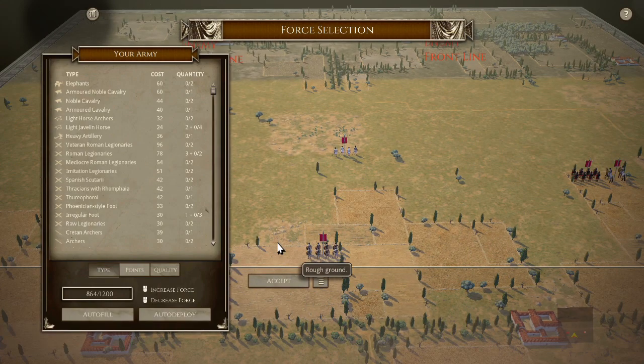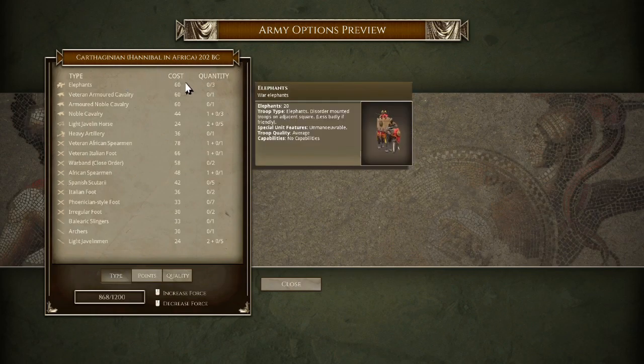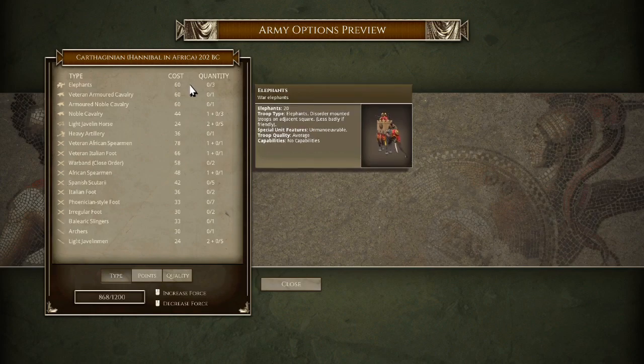dates. And I am facing the formidable Carthaginian Hannibal in Africa list, which, as I mentioned before, is one of the best lists in the game. We have a little bit of everything in this list, and it's worth going over the enemy list first, I